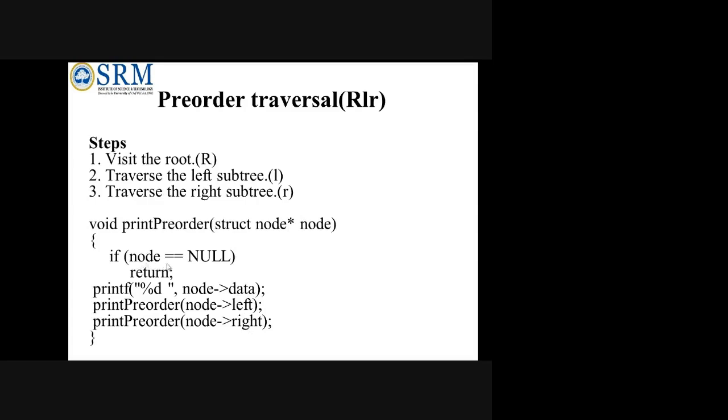So if node is equal to null, that means your tree is null. Normally we check this for a linked list, right? If your entire linked list is null, you cannot do any operations. Similarly, if your node is null, you return. Otherwise, first print the root, then do the pre-order of the left child. If the left is again acting as a root, then again you have to see its left. Only after all the left is over will you go to the right. I will explain this by means of an example, then you will be clear.